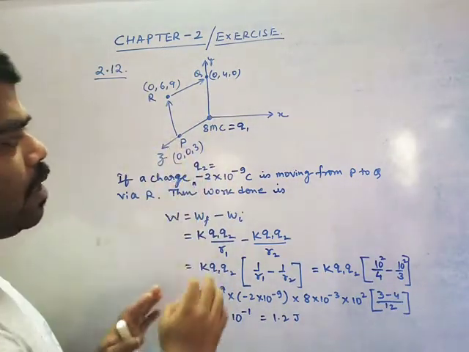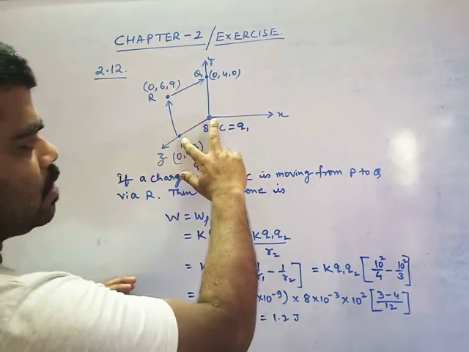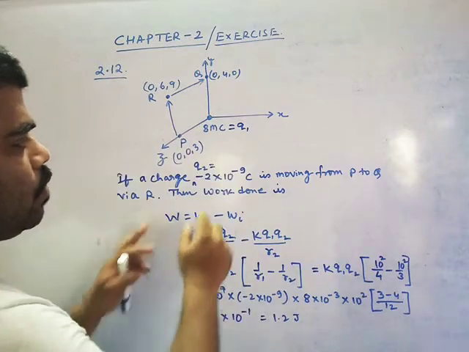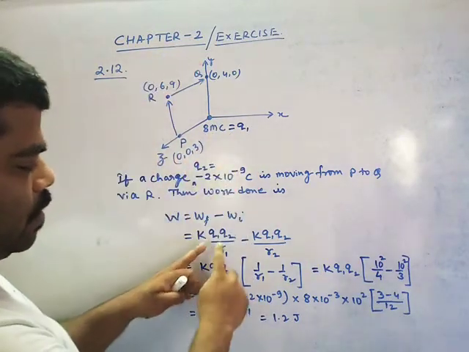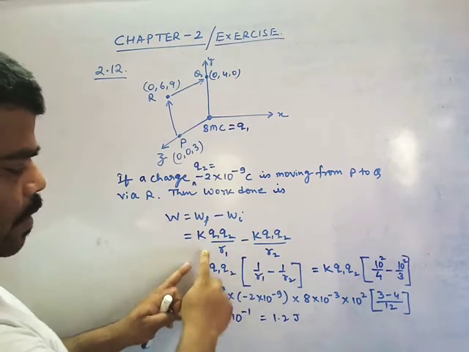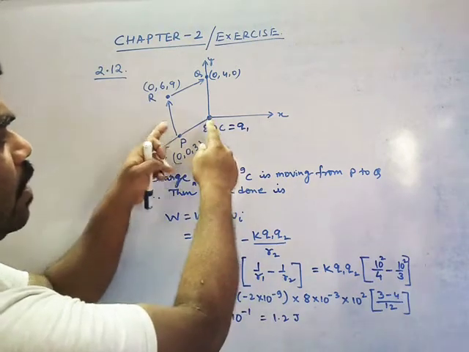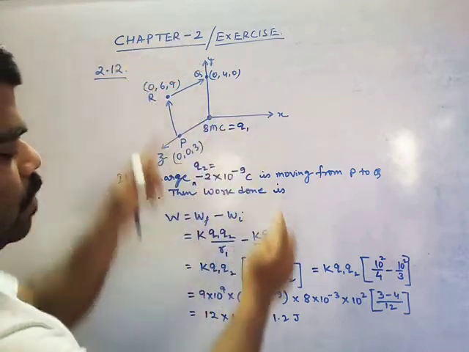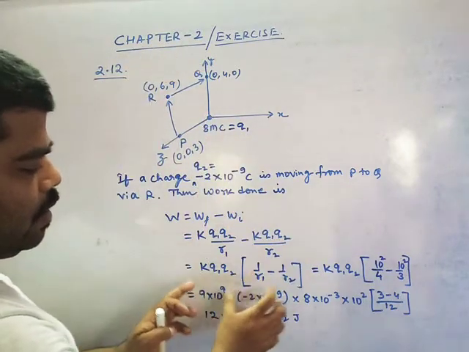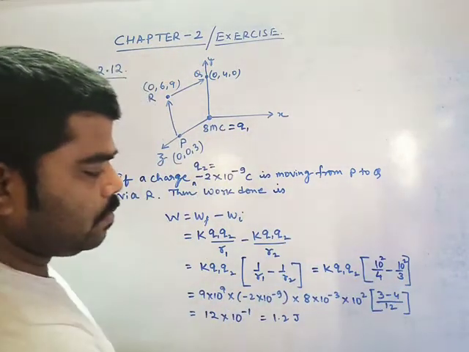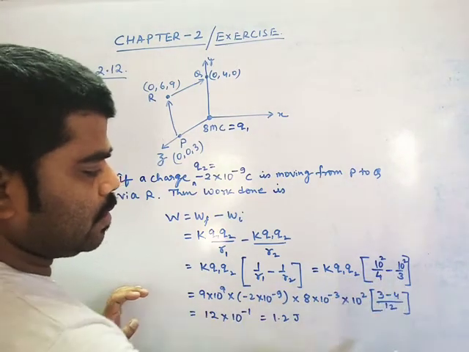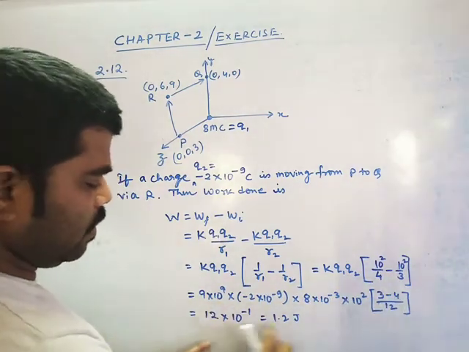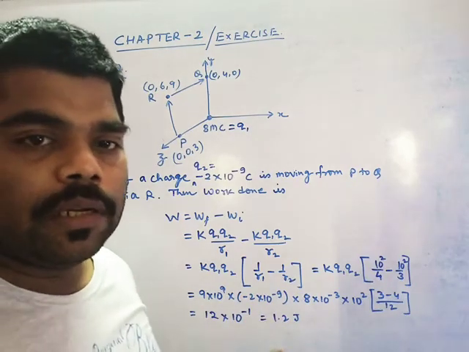और जब वो P में था, तो in between the two charges there is a work done. So look here, both the charges at the initial and the final point are same. That's why Q1 and Q2 same रखा. K हो गया. But the R's are different. Here it is 3 and here it is 4. So according to that, I have written this: Q1, Q2, और ये हो गया 10 to the power minus 4, 10 to the power minus 3, and you can see after that we got 1.2 joule work done हो रहा है इसमें.